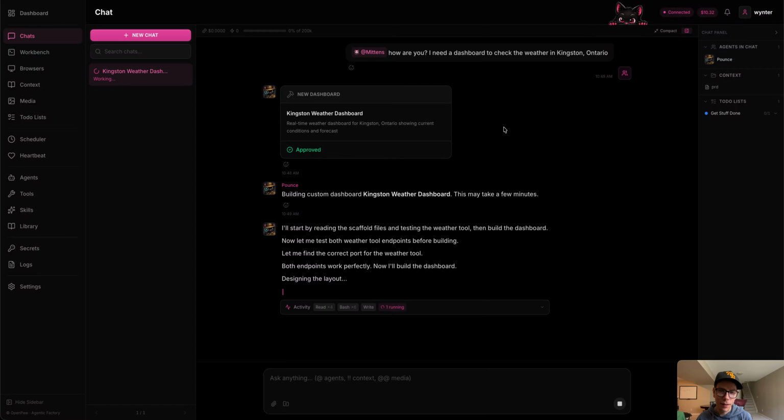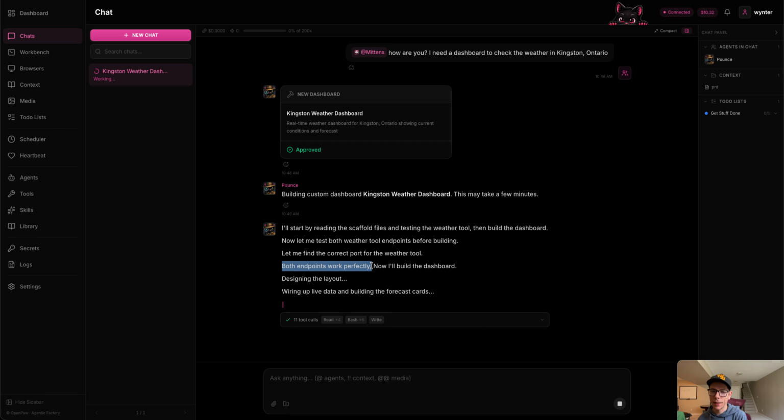Anyways, so it's created the dashboard. I mean the tool, it's a dashboard. So it's tested the endpoints. So it's checked the tool. It's like, hey, because the tool that it needs to create this dashboard, then that means it's got the visual and the tool, and it connects those, and now we can actually have a dynamic dashboard that's going to show the weather for today and then for tomorrow, right? And then so we can take that concept for basically anything, or it could just be simple,